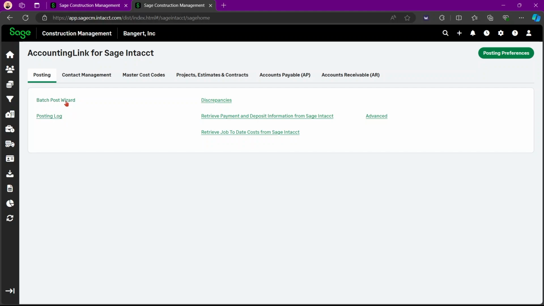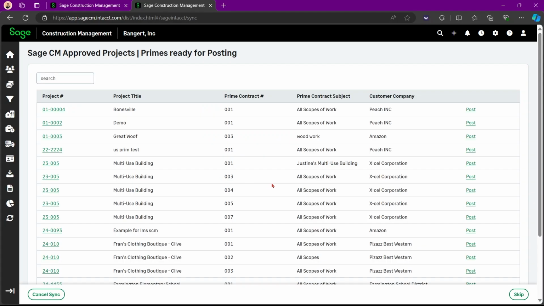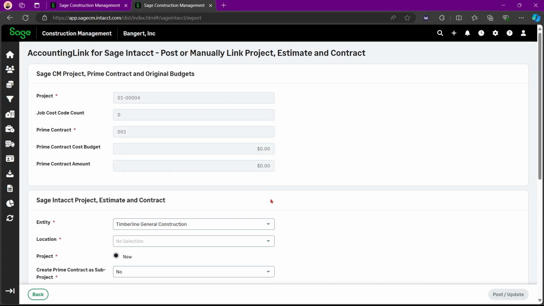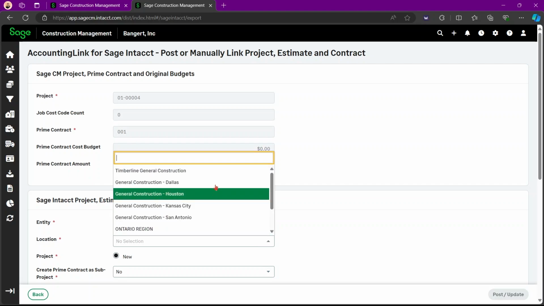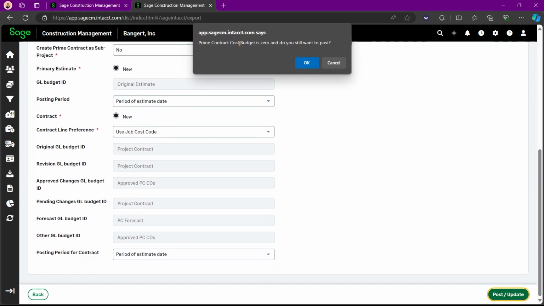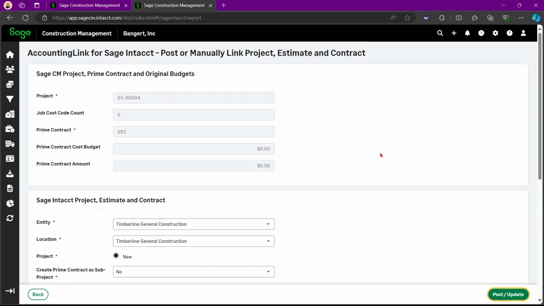Lastly, in the batch post wizard, when you post a prime contract and the prime contract has a 0 for the cost budget or the contract amount, it is going to give you a warning up here, and it'll say the cost budget's 0. Do you still want to post? And you can decide whether or not to post it.